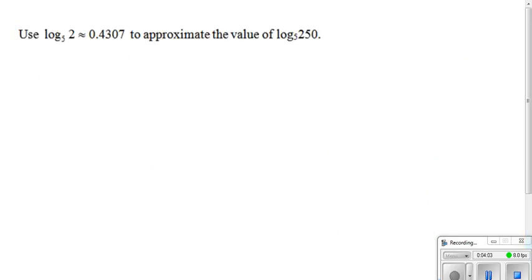Now we're going to look at using known logs or known values to approximate others. So in this case, if we know that log base 5 of 2 is approximately 0.4307, how can we approximate the value of log base 5 of 250? Now another thing that doesn't necessarily give you here, but we can think of intuitively, if we have log